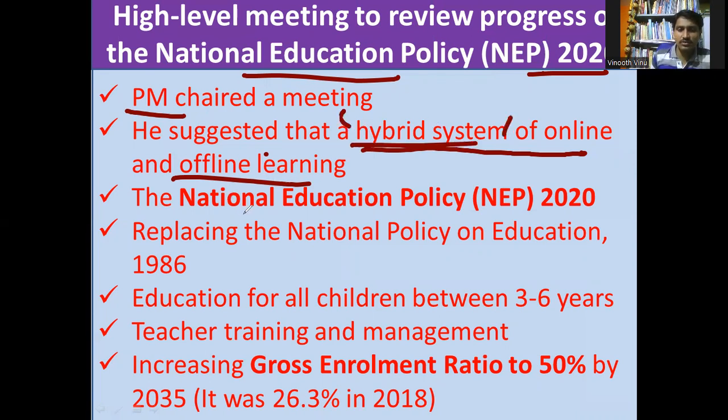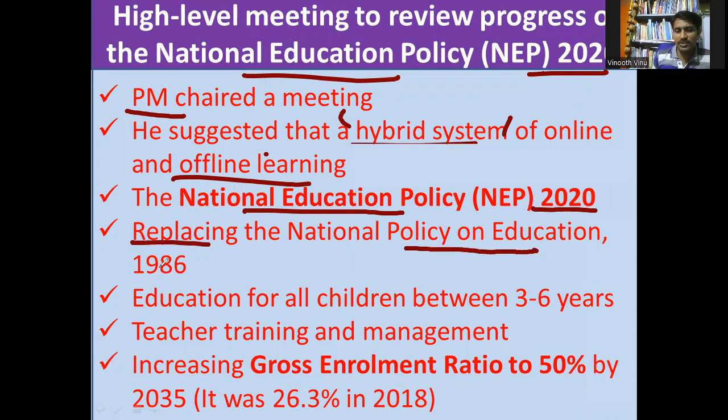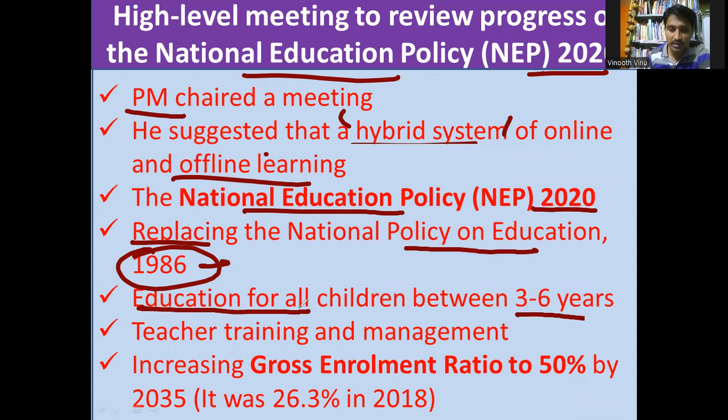Okay. So the National Education Policy of 2020 has replaced the National Policy on Education of 1986. I mean, in 1986 the National Policy of Education was introduced, but now it has been replaced. So what is the objective of the National Education Policy? Education for all children between 3 to 6 years importantly, and then teacher training and management to be efficient, and then